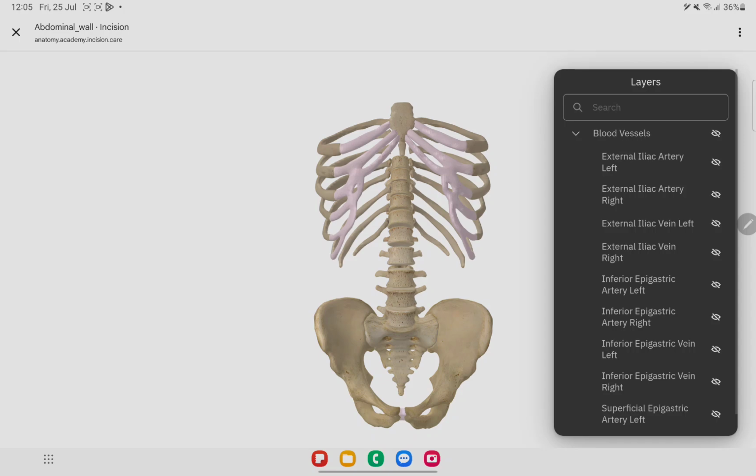Today we are going to talk about and discuss the branches of external iliac artery and the tributaries of external